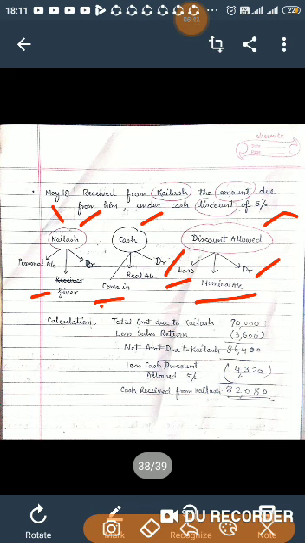And we also calculate what exactly we have received from him. Total amount due from Kailash was 90,000. He returned goods, sales return was 3,600, we will deduct it. The actual amount to be received from Kailash was 86,400, and on this amount we have also allowed 5% discount at the time of payment we are receiving from him. So we are deducting cash discount, that is 4,320, and the remaining balance is 82,080. This is the actual cash we have received from Kailash.